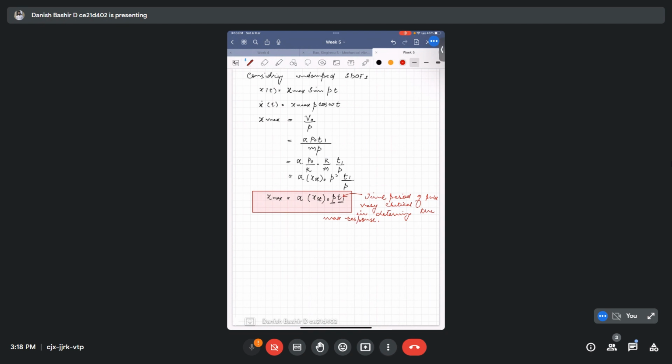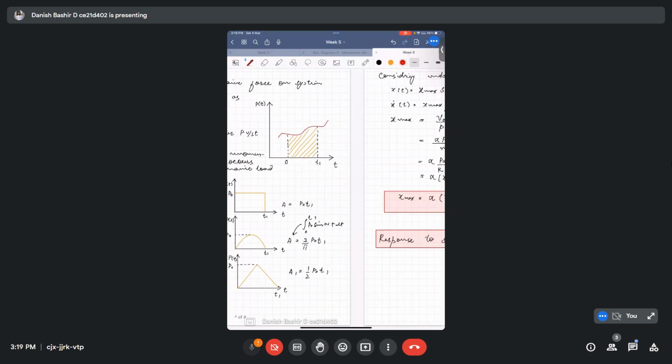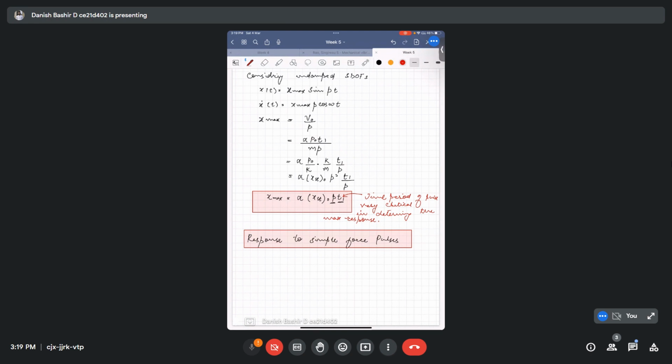So now we can write here: response to simple force pulses. Okay, response to simple force pulses. So again, taking this example, where is it? Okay, this one. For example, we know our governing equation of motion is